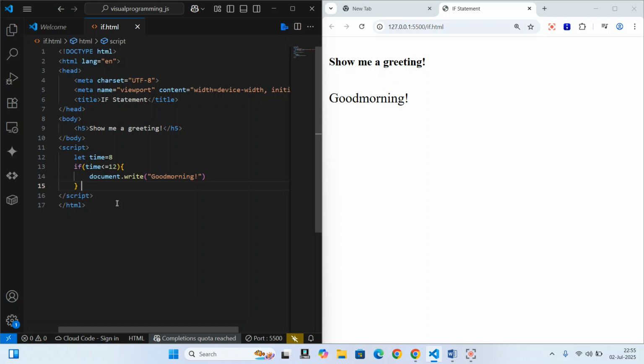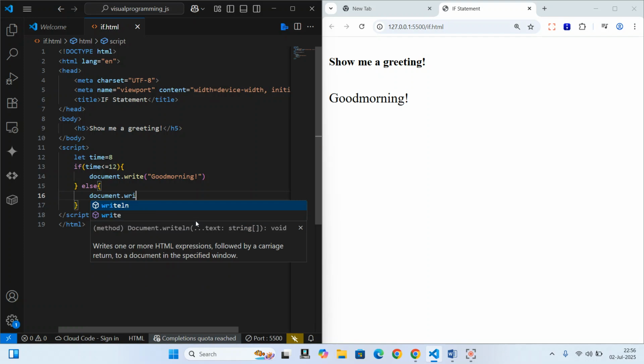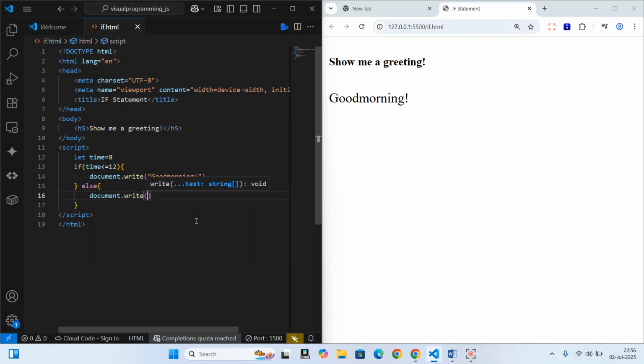Then we have if, then else. So there's the if part here, which executes. Then there's an else part down here, which I can go ahead and say, if this condition is true, execute this. Otherwise, execute something else. That is, if you have an alternative condition that you want to respond to. So here I could say, now if it's not morning, then definitely it is afternoon. So I can simply say document.write good afternoon,